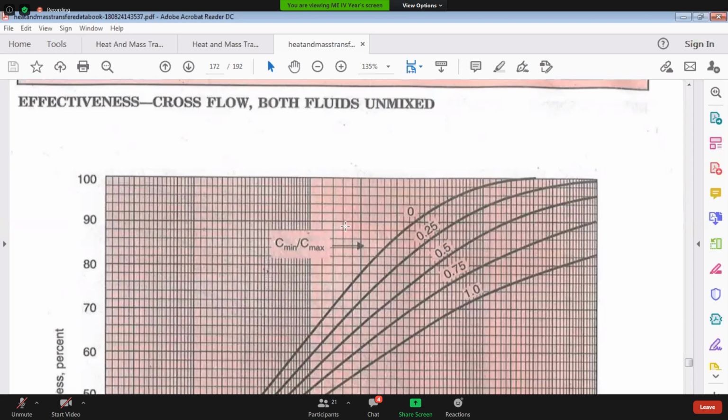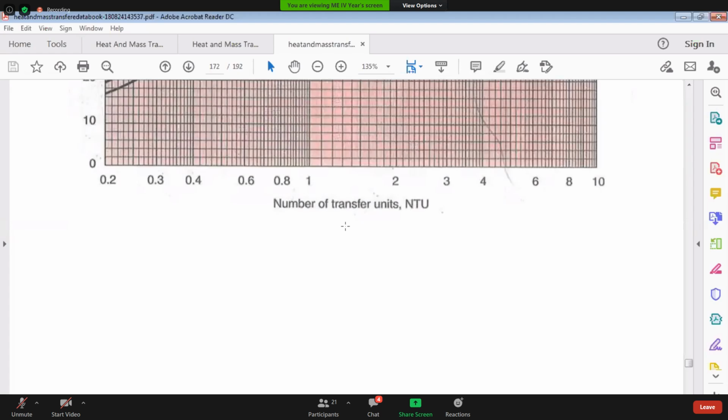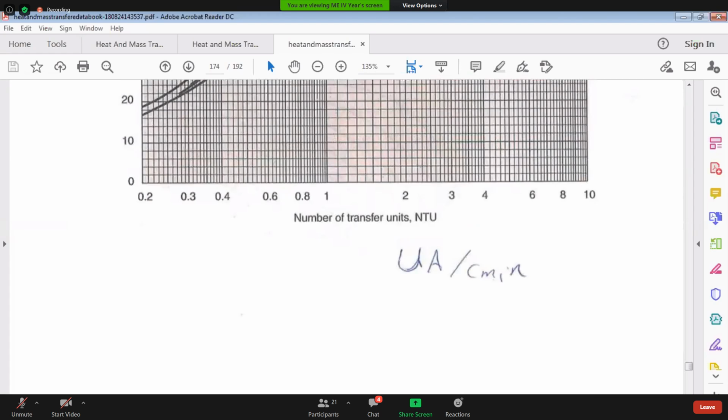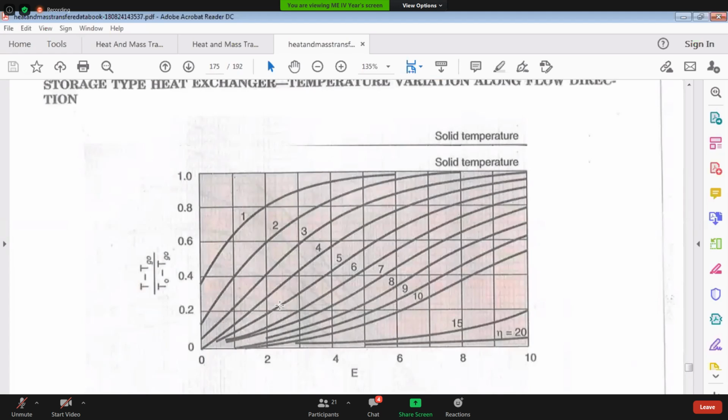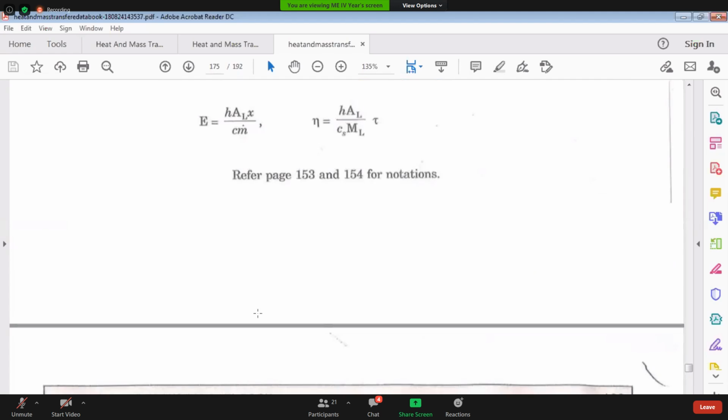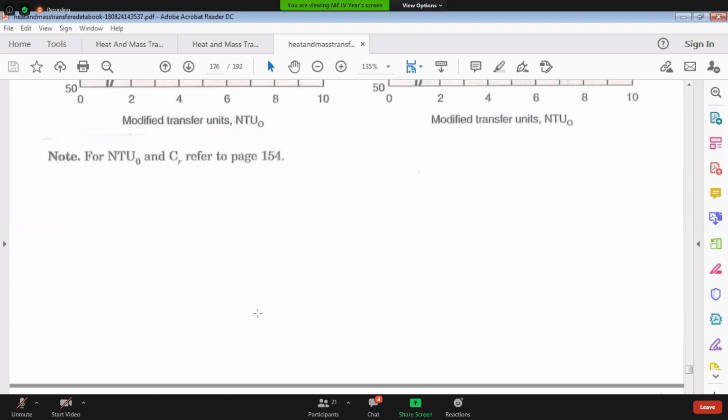If the flow condition is not mentioned, accordingly you can take it. So mostly you get one shell pass or up to that only. Don't worry, don't bother also. Parallel flow, counter flow, ఈ త్రీ చార్ట్స్ మీరు ఏం అవసరం లేదు, వాడడం అవసరం లేదు, రైట్. With this, heat exchanger is enough,